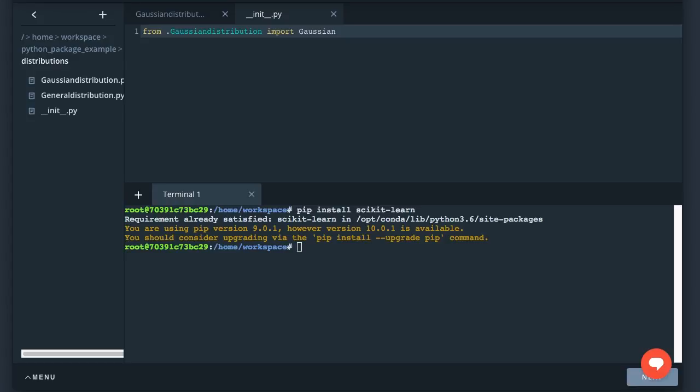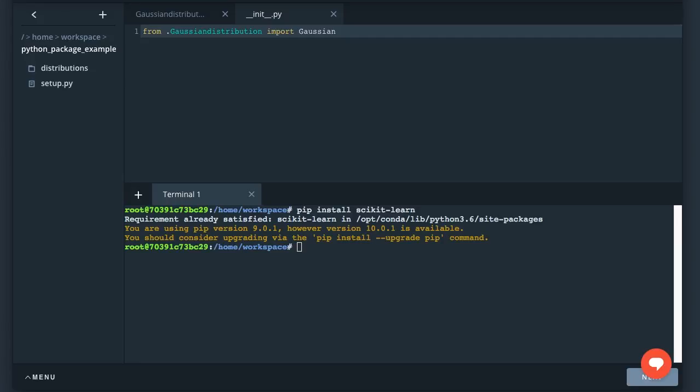If I didn't include any code in the init file, the package would still work, but any program that uses the package would have to import the Gaussian class more indirectly with the line from distributions.Gaussian distribution import Gaussian. It's like I'm making a shortcut for importing the Gaussian class directly. Going back up one level in the directory, there's a setup.py file at the same level as the distributions folder.